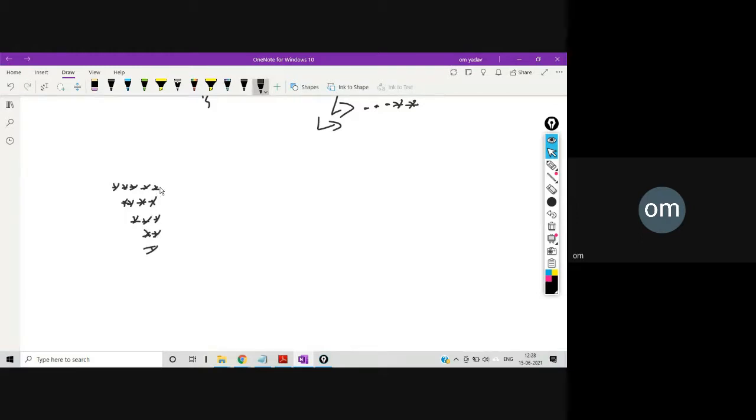So it's a right align inverse triangle. For your simplicity, I have divided it into different types so that you can remember this. The idea is like this. We have to print this particular triangle. So the fourth type is what?